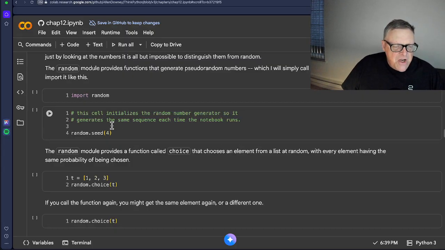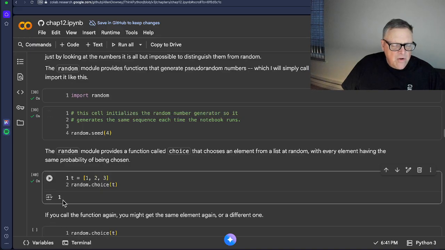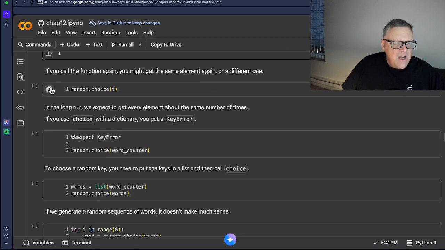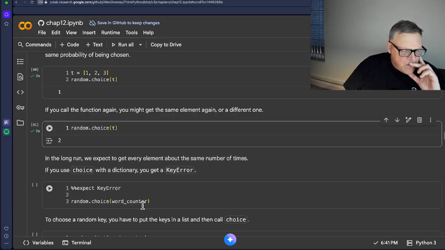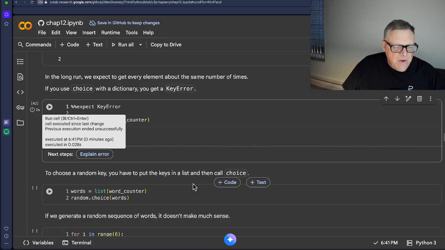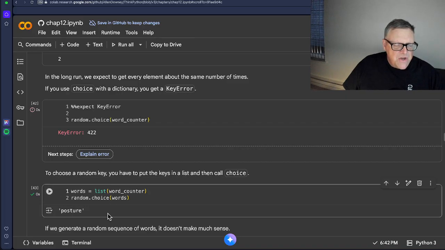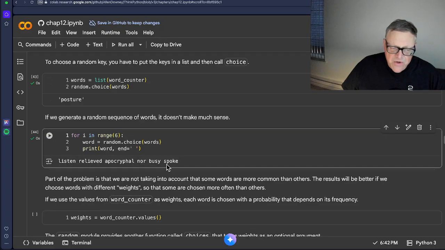So we're going to seed it with 4, and now we're going to choose these elements, and we'll choose it for 1, 2, and 3. All right, so if we call it again, we'll get a different element. First time it picked the 1, next time it picked the 2. All right, if you try to give choice and feed in a dictionary, you'll get a key error. You're not allowed to do that. To choose a random key, you have to put the keys in a list and then call choice. So you make a list of them, and then you make a random choice here, so it'll pick a random word out of there. So you can generate a random series of words, and of course, that works, but it's